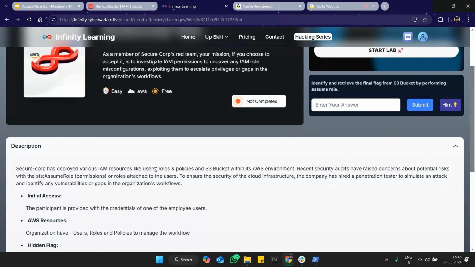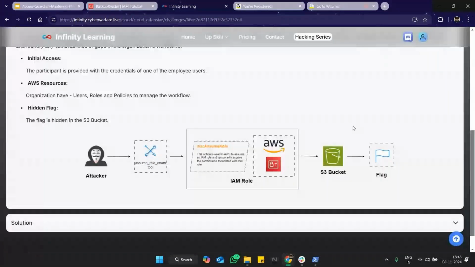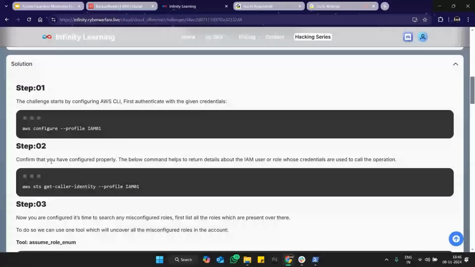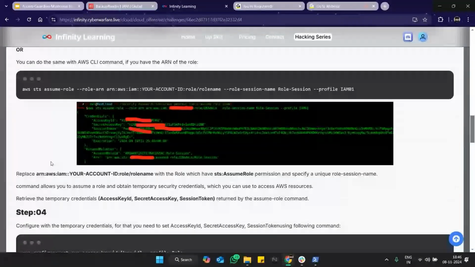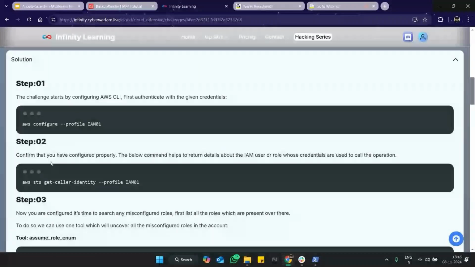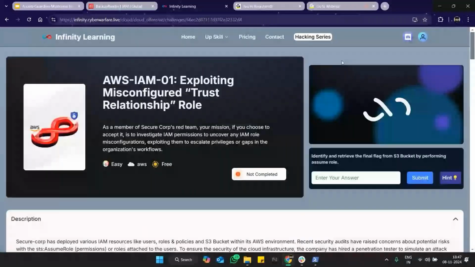the attack path, and such things. If you are stuck in between of the challenge, you can even see the solution from here. Okay, so let's start the lab. From here, you can start the lab. As soon as you start this particular flow,